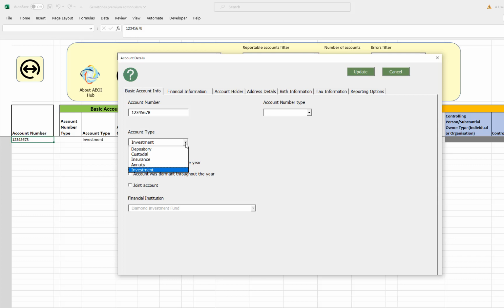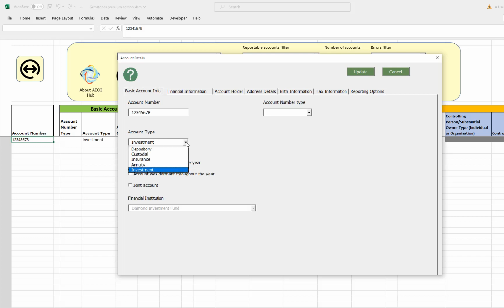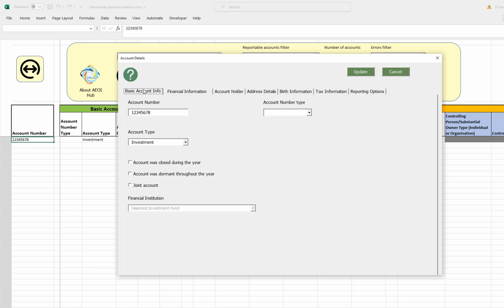Account type is usually not required. However, if you select that, it then does refine your financial information to not enable the categories of income that aren't relevant. So for example here I've chosen investment, and so it's greyed out the interest, dividends, proceeds that aren't relevant.